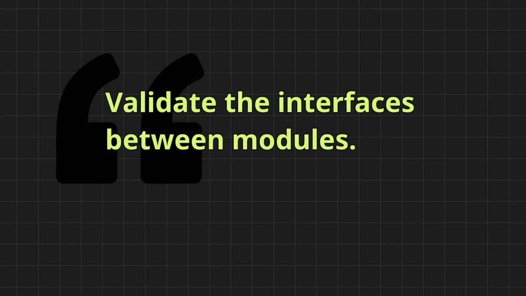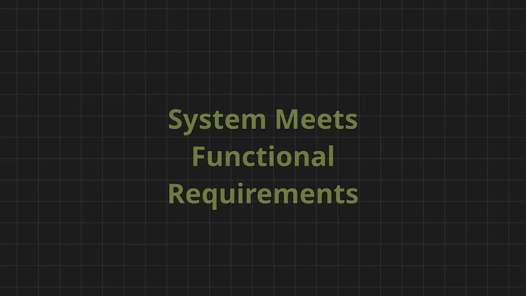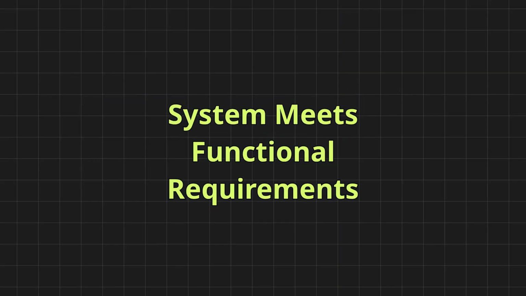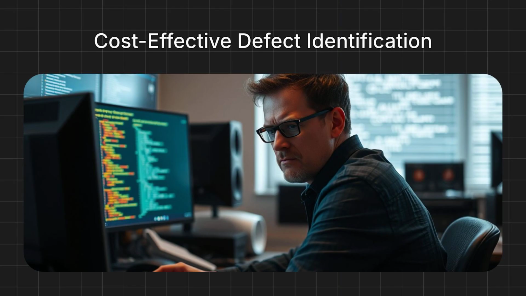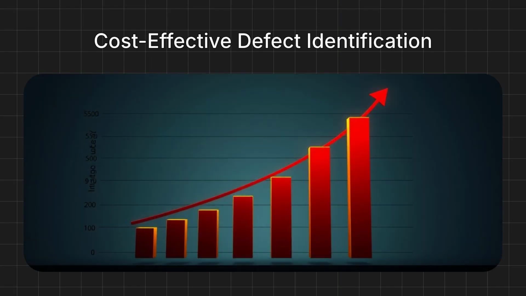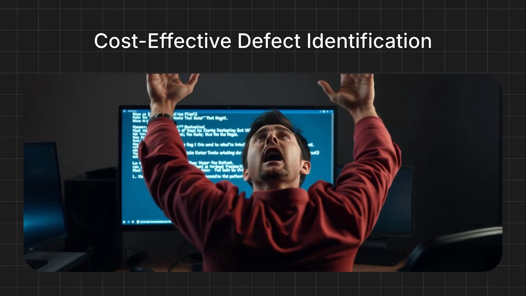A main objective is to validate the interfaces between modules. This includes checking data formats, protocols, and the sequence of operations. SIT also aims to ensure that the integrated system meets the functional requirements specified in the design. It confirms that the combined parts deliver the expected business logic. Identifying defects early in the integration phase is significantly more cost-effective than finding them during later stages like system or